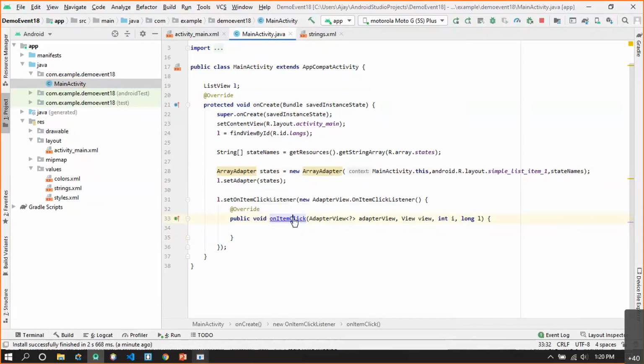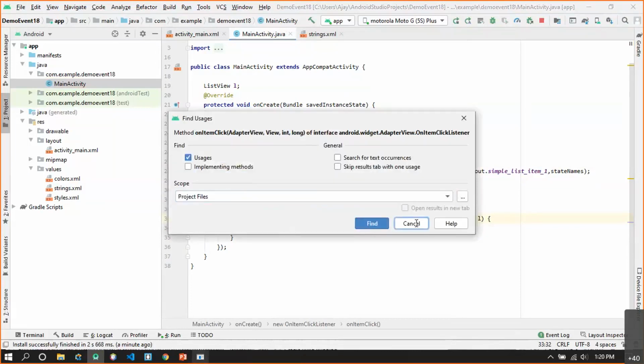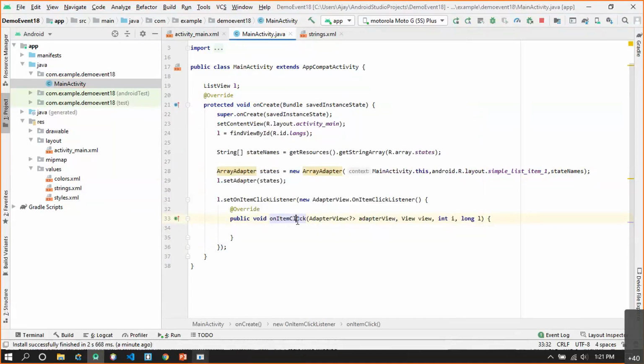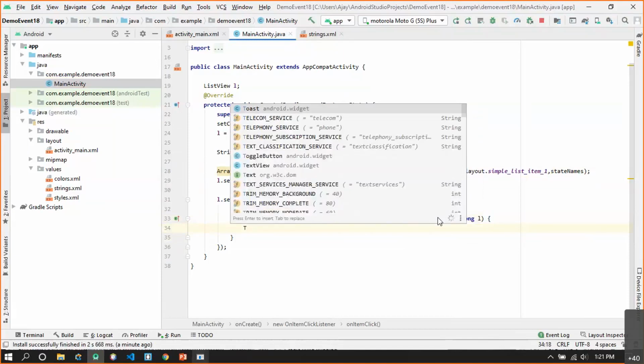Okay, so when you press control and click on it, you'll be able to see there is the documentation for that. Currently the documentation is not displayed. So let me tell you, this particular I gives us the index. So let's see how we can identify that.